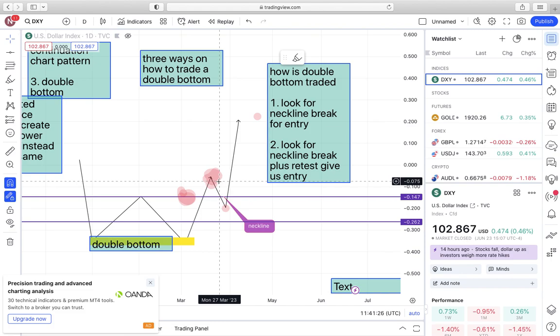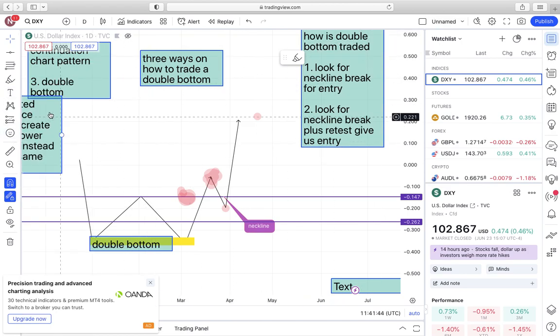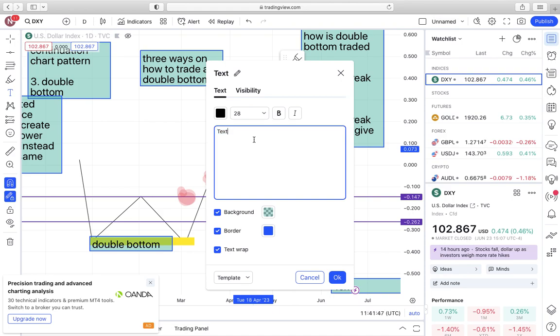And I told you 2 ways how you can trade this market. We are talking about looking for a neckline break for entry. Some people will look for a neckline break plus the retest to give them an entry. And there are some people also who will trade this market like this. Let me show you. There are 3 ways how to trade it, and both are correct. All of them are correct. The third way to trade this market is looking at the candlestick formation patterns,